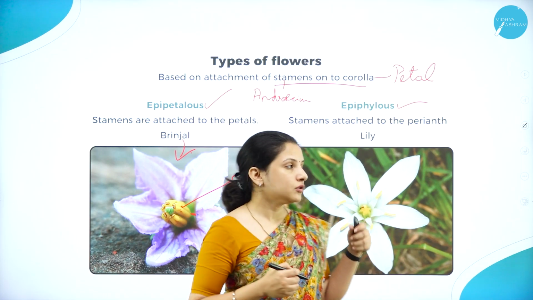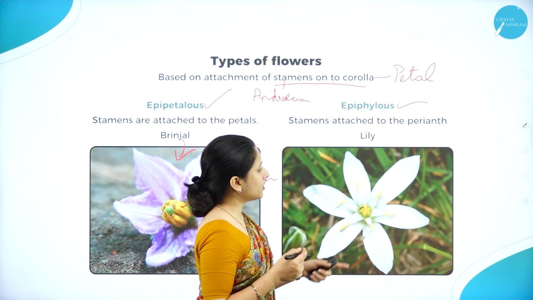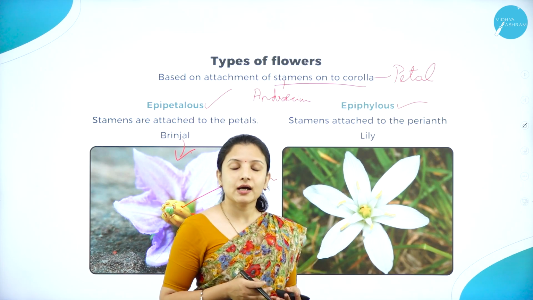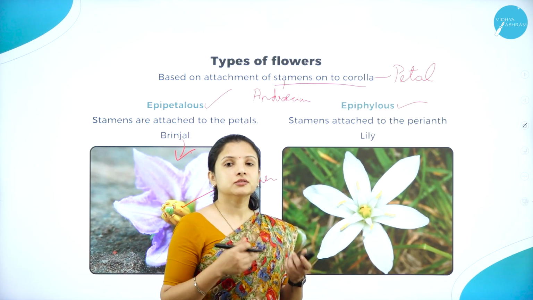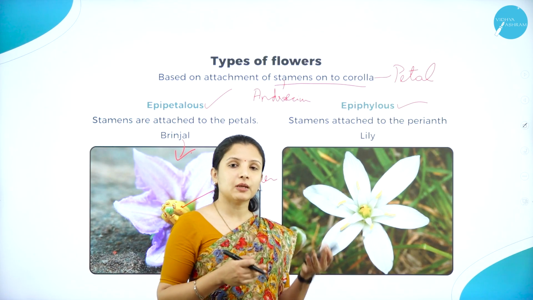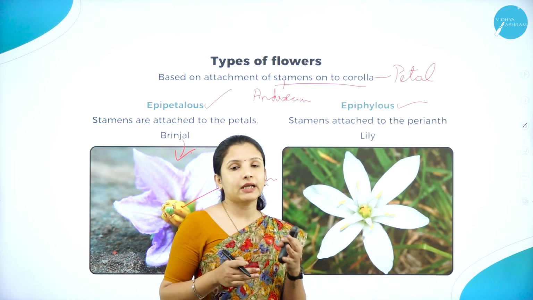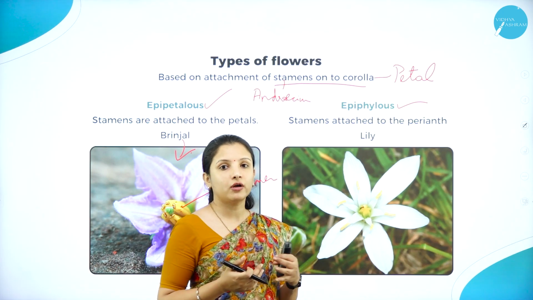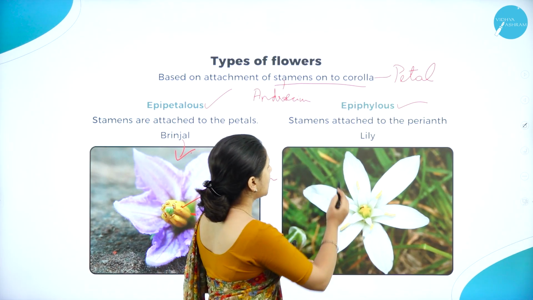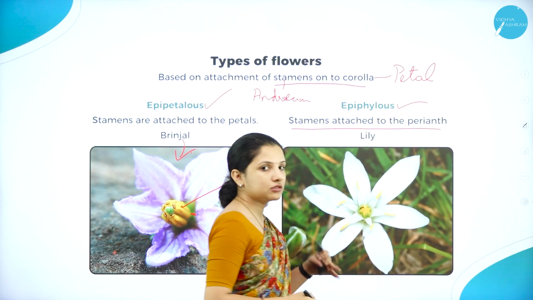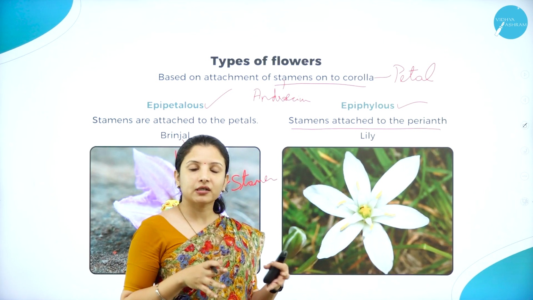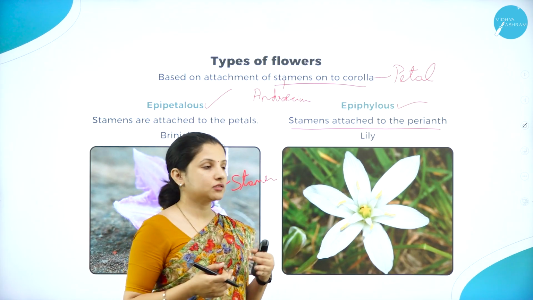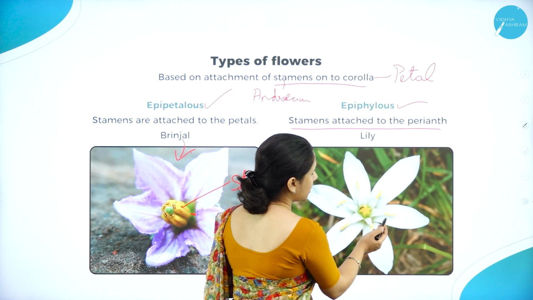And also in the case of lily, the stamens will be attached to the perianth. Remember in the previous session I told you, perianth is where there is no differentiation between the sepal and the petal. The sepal will look exactly like the petal, because it will be in the color of the petal. Such structures are called the perianth. So if the stamens are attached to the perianth, that is neither the petal nor the sepal, but a structure which looks like both the petal and the sepal, it is called the perianth.